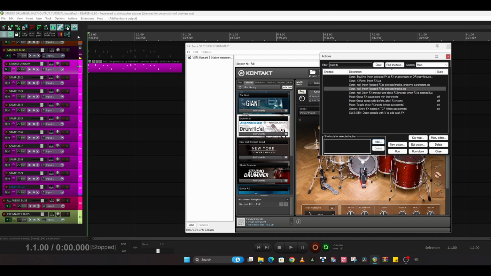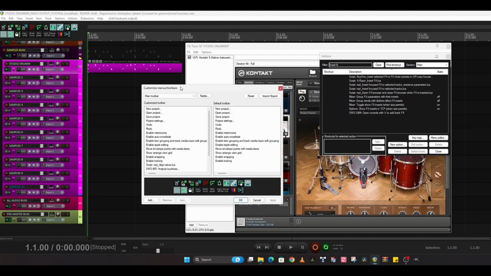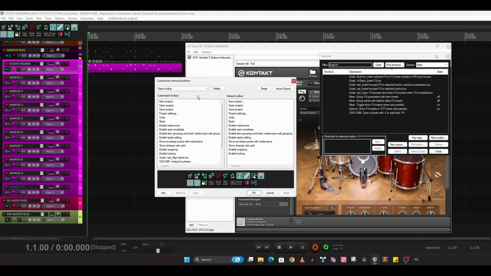But I'll show you how to get about putting either lettering like this or a picture in your main toolbar so that you can just click on it and it will do it for you. Okay, so if you don't know how to do that, watch carefully. Find a space in your main toolbar, right click. Okay, now you want to come down to customize toolbar. So left click on that, and here we have our toolbar. Now you would press add. I'm not going to do that because I've already got it up there, but you would left click on add